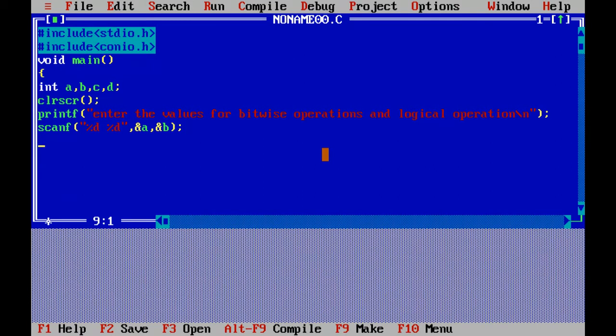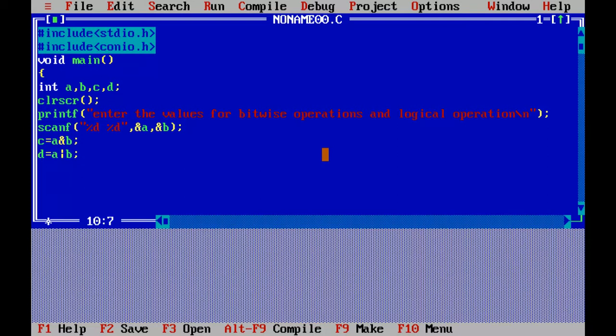Now we are going to perform first the logical operations on these two numbers, and then we'll use the left shift and right shift. So how do we go about? To perform the logical operation, c is equal to a AND b, d is equal to a OR b.